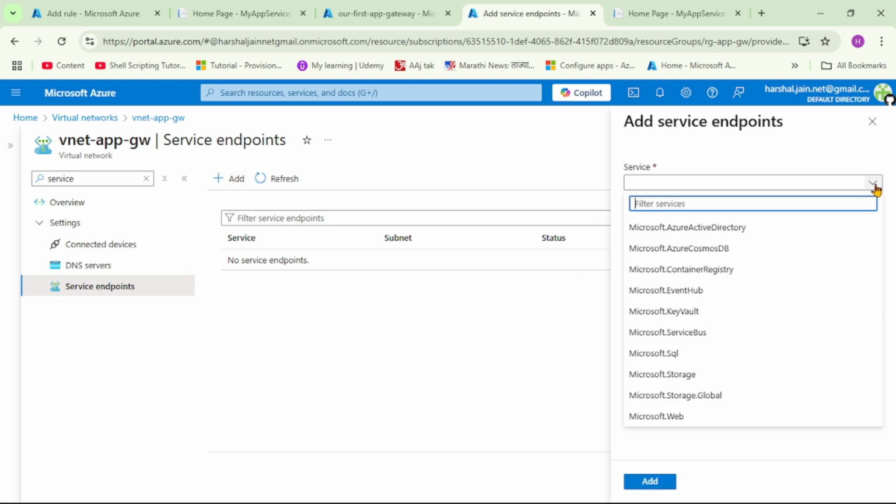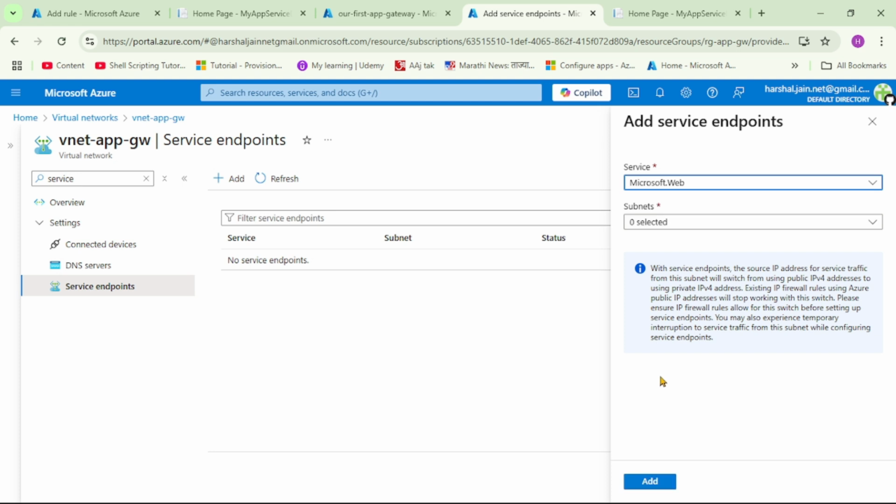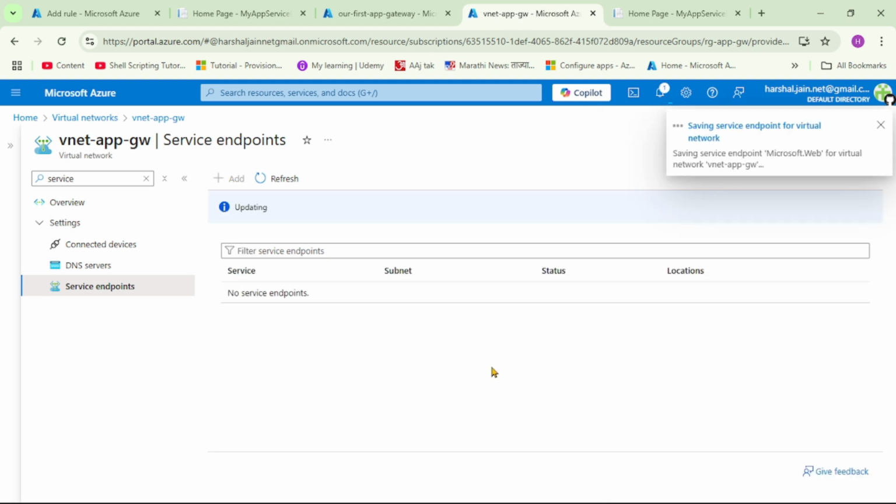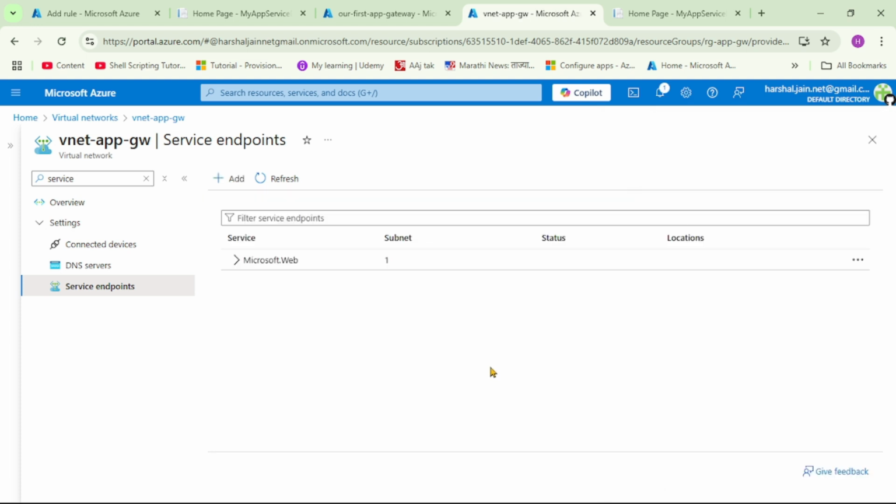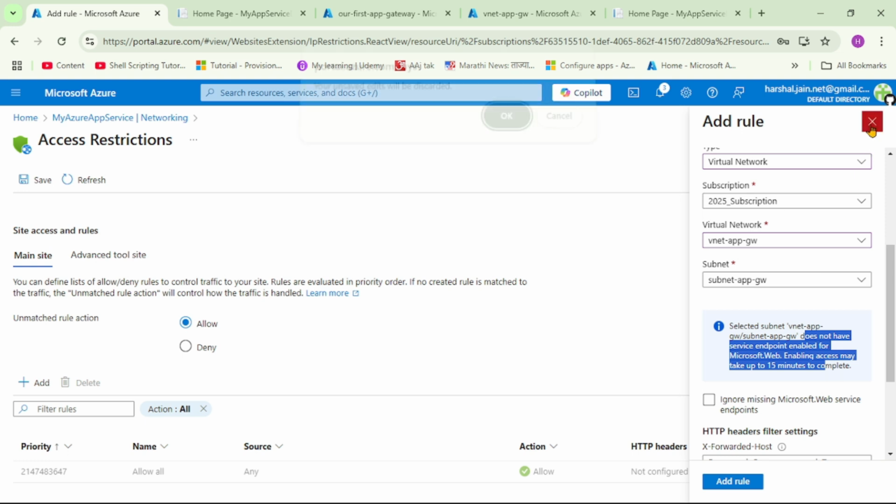and guys from service we will have to select this option, that is Microsoft.Web, because we are creating the service endpoint to restrict the access to the web app, and that is Microsoft.Web. And let's select the subnet, and again it is subnet for application gateway, and here let's say add. And you can see we have successfully added the service endpoint, and we can see this service endpoint over here. And now let's go back to our app service. So let's just close this,